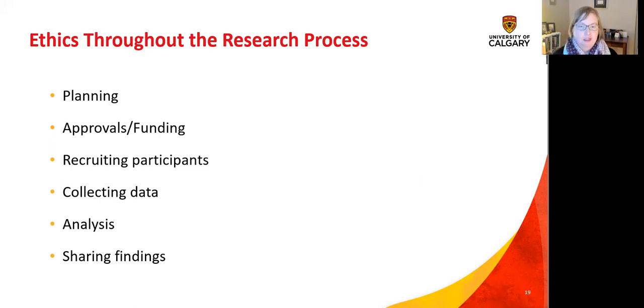When you're recruiting participants, you can't persuade people to participate. You can ask about their reasons to decline and make sure that there's no misunderstanding, but you have to respect their autonomy. So you can't coax somebody into doing it. If they say no, that's the end of the conversation. You also have to make sure vulnerable participants receive extra protections and that you're very mindful of consent the whole way through the process.